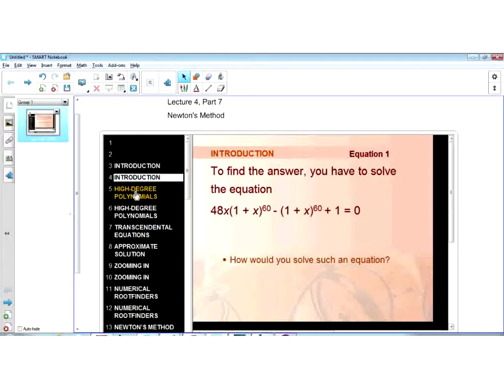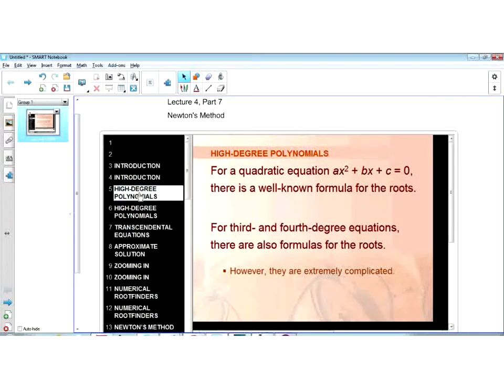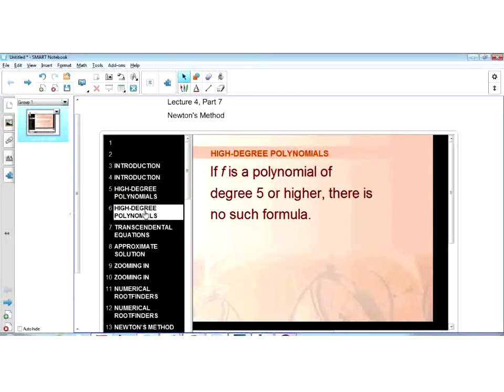That's definitely an example of a high-degree polynomial. For a quadratic equation, ax squared plus bx plus c, we know we can use the quadratic formula to find the two solutions to this quadratic equation. But for third and fourth degree equations, there are formulas for roots, like you probably picked up on in algebra. They're somewhat difficult. It takes a lot of work to do them. And if f is a polynomial of degree 5 or higher, there's generally just no such formula for computing its roots